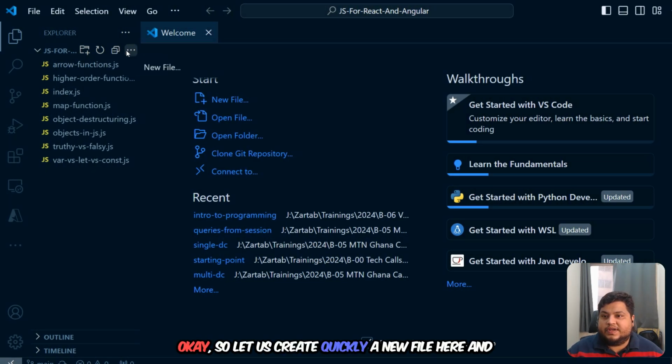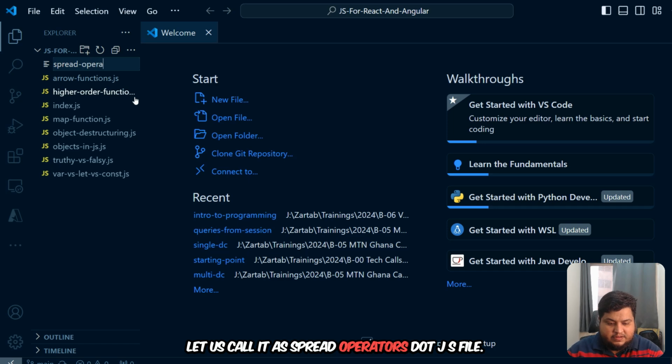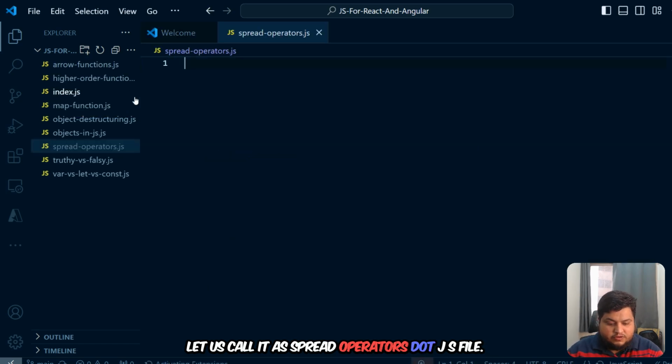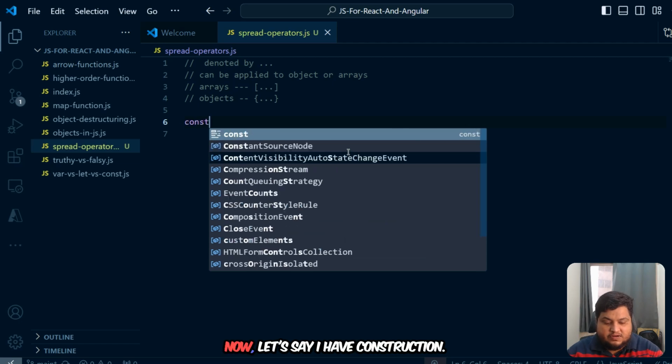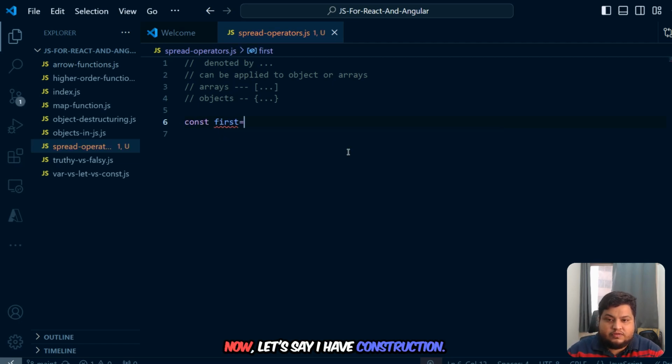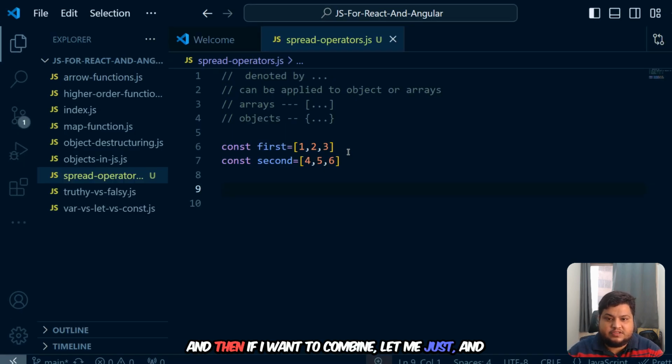Okay, so let us quickly create a new file here and call it spread operators.js. What we are going to do, as I said, is use the three period symbols. If it is inside an array, it will be with square brackets. If it is inside an object, it will be with curly braces. Now let's say I have const first is equal to 123, and then const second is equal to 456, and then if I want to combine them,